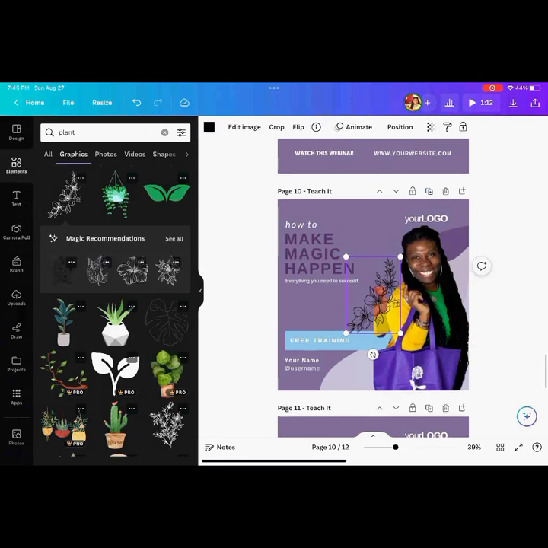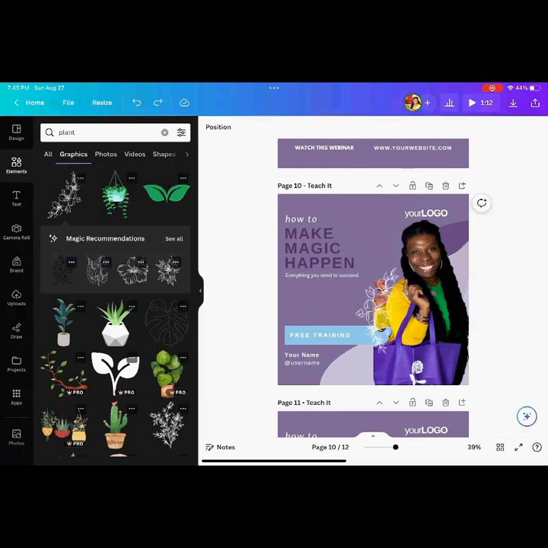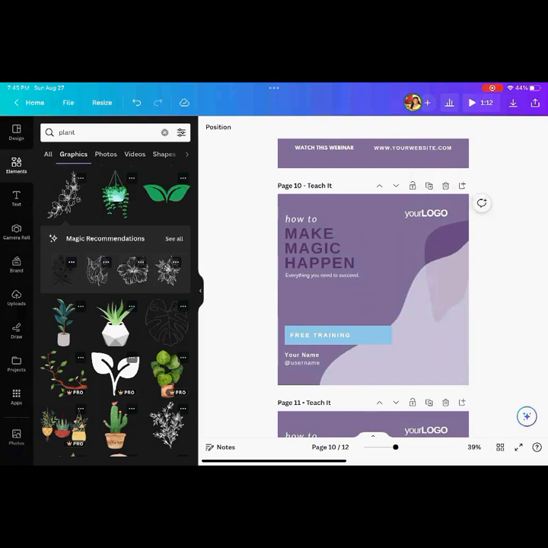But I could also just simply use something like this one, this white one here. Just getting creative to find something that I could possibly put in here to cover or distract from that random thing on the side. This may not be the right one for that, but in the interest of time, I'm not going to go too crazy looking for something. I'm going to just leave it like that. Or, to be honest with you, I could just use another picture. Just not go too crazy with it and use another picture altogether.